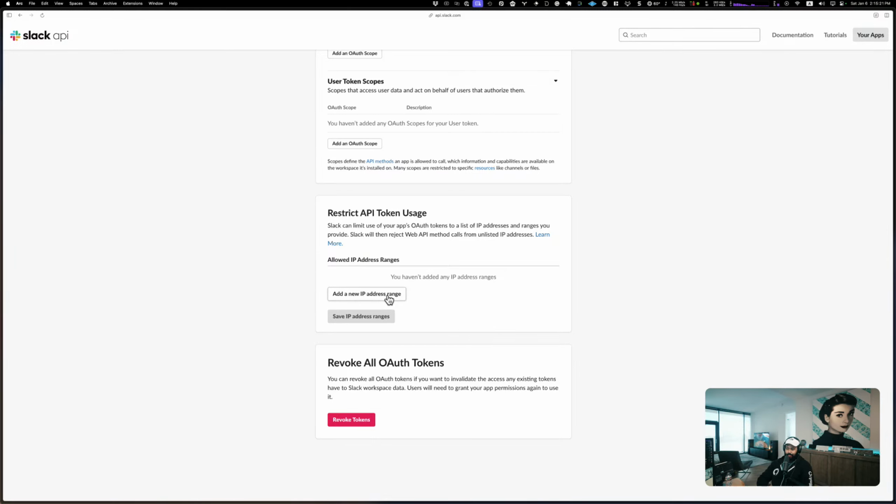The only people who should be making requests to this Slack endpoint or this Slack app is me. So I would restrict it to IP addresses that my app is running on. So yes, I can restrict things to the IP, but it won't be based off of your IP, because remember, I'm doing things on behalf of you. That's the whole reason why I had to go through this process.